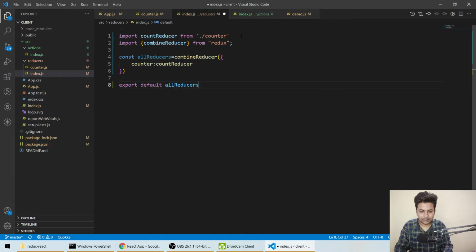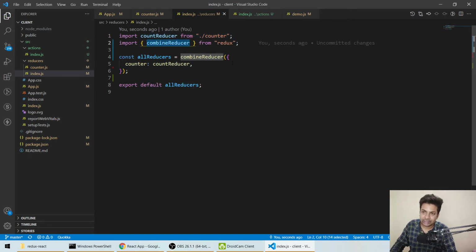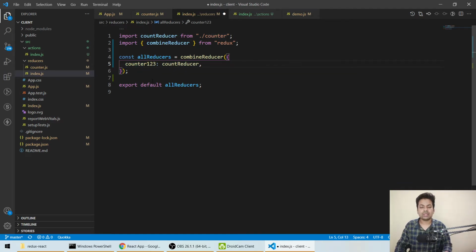So what we are doing here, this is our one reducer count. Here we are combining reducers, but I told you currently we have one reducer only, so we are combining it and calling it counter. If we make it counter 1 2 3, then wherever we call it we have to use 1 2 3, whatever name you want to give.